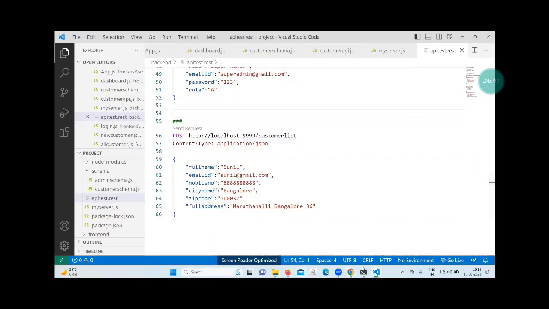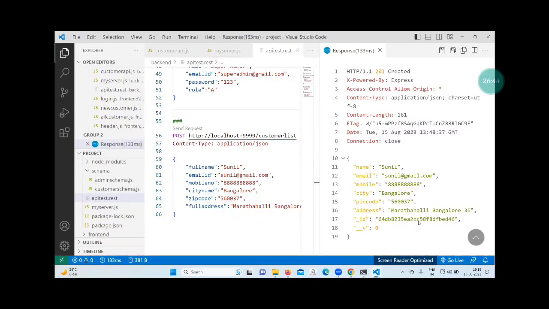Going by the sequence. See, the data I just told.